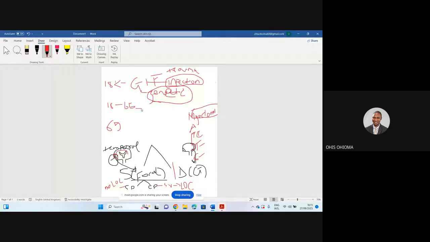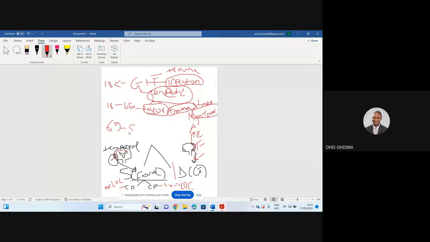But for adults greater than 18 to 65, the common causes include tumors, trauma, and then stroke. You don't need to know all of them, you just need to know the most important causes among them. In this age group, tumor is one of the common causes, as well as trauma. Stroke can occur, but not as commonly as these two.